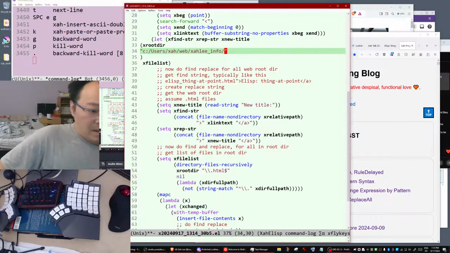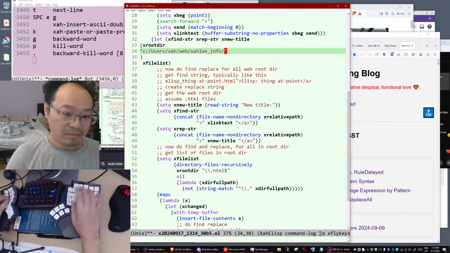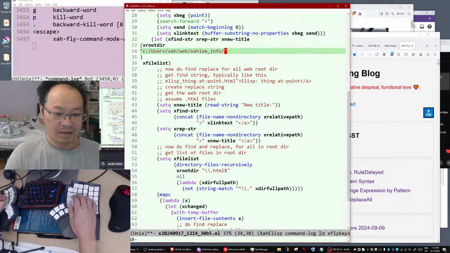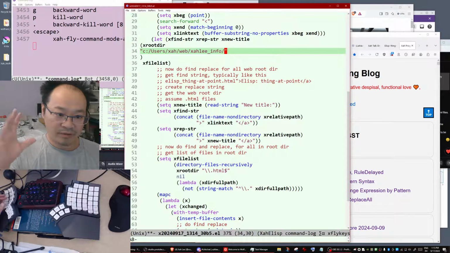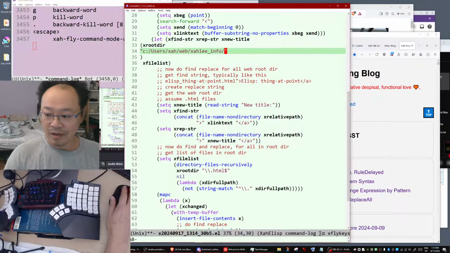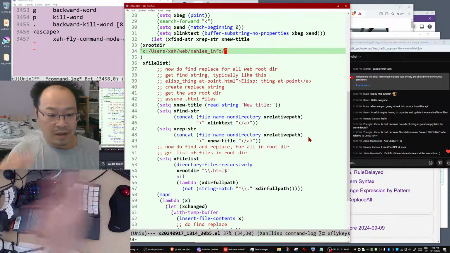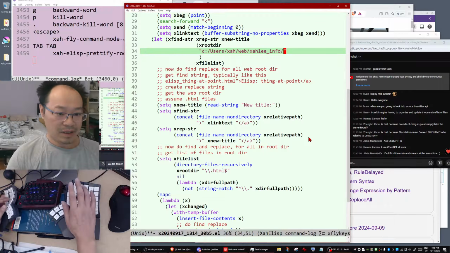Because the root directory, basically you have to define. There's no other way. There's no automatic way. You have to define what the web root directory is. Okay, so now we've got a root.